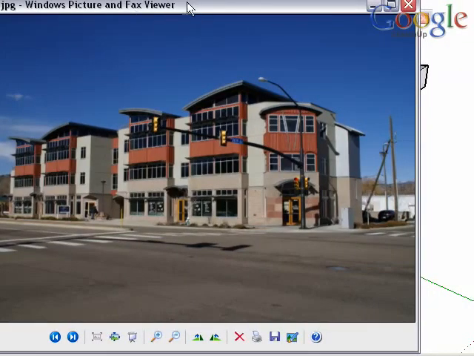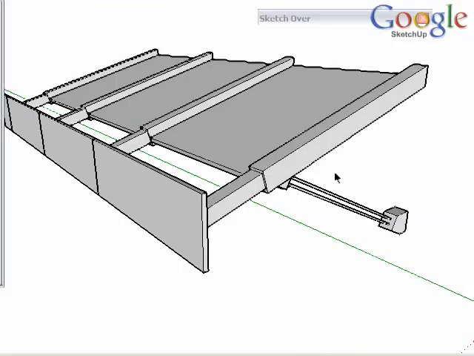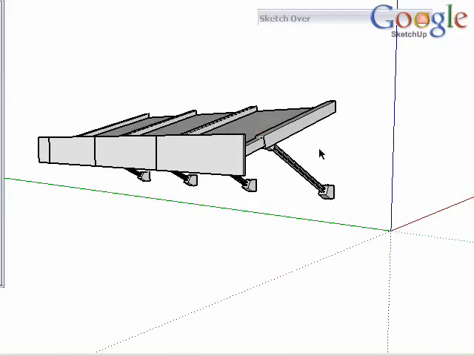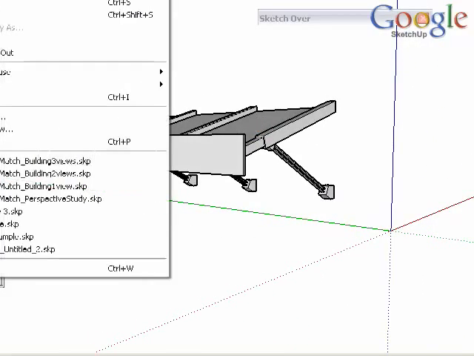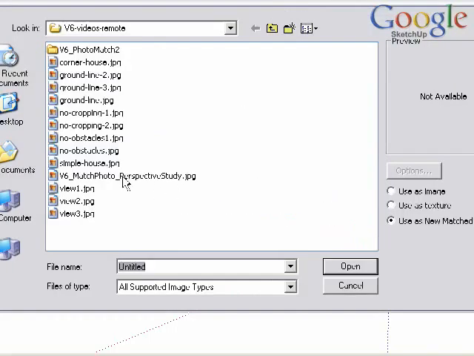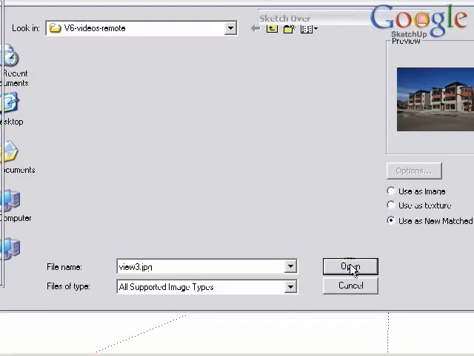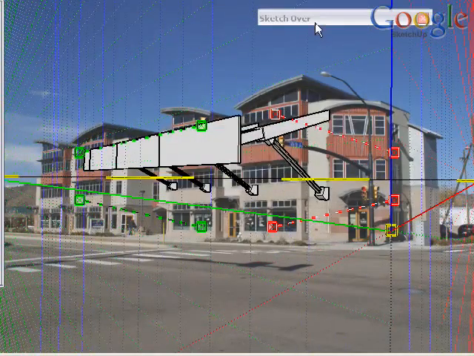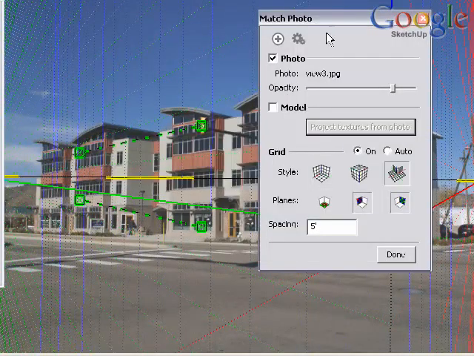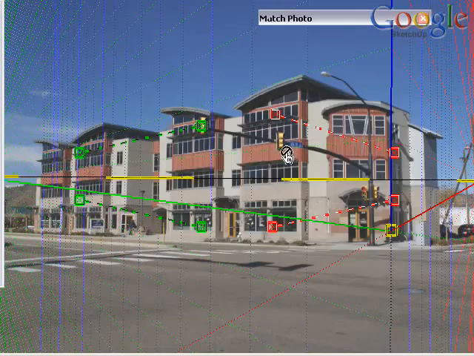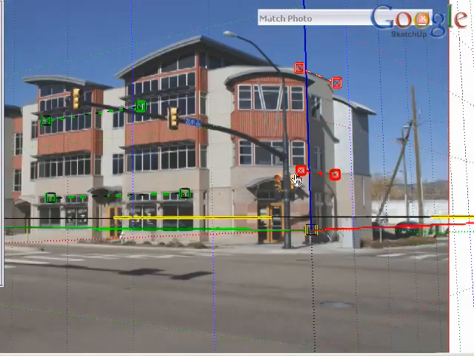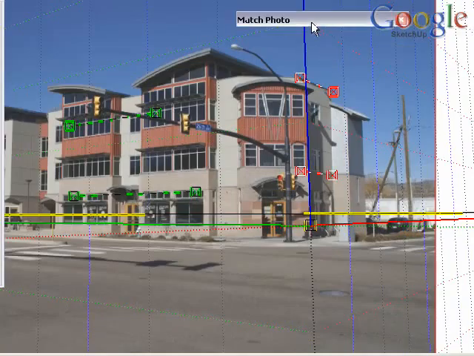First, orbit within your model so the view matches the photo you want to use. Then import the image as we've done before. Use the axis bars and align the perspective. It's helpful to toggle the model off for this step. Okay, now that the axis bars are lined up, toggle the model back on and click and drag the axis